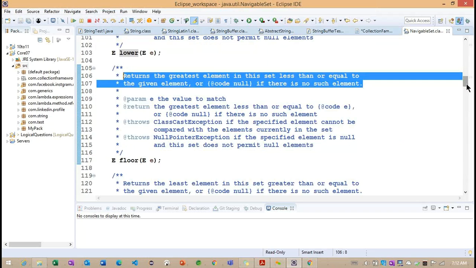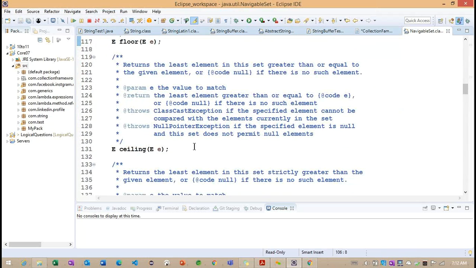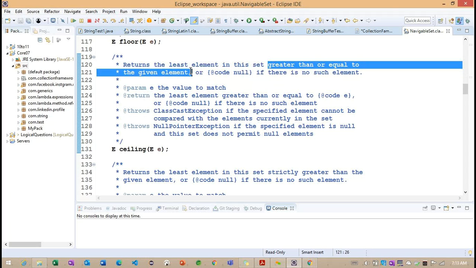Now we can see another method, the ceiling method. What is the purpose of the ceiling method? It returns the least element. It is not returning the greater element, it is returning the least element. The condition here is greater than or equals to. When the greater than or equals to condition is satisfied, we get the least element.